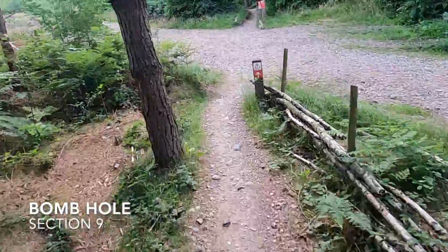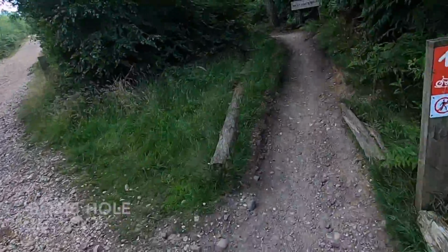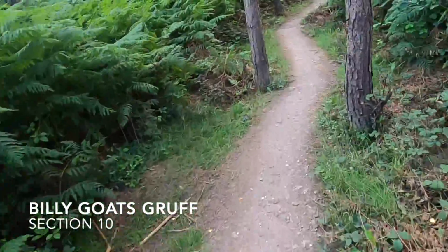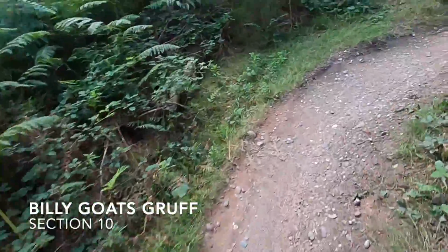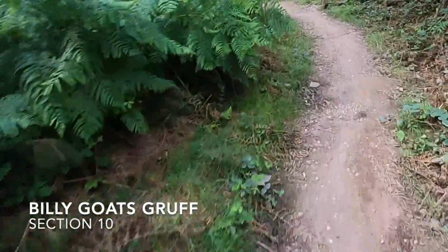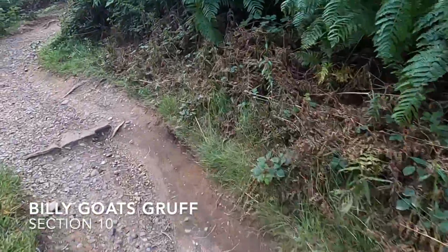Now I actually lost my chain there, so I had to cut that and started again at the Billy Goat's Gruff section 10, and here we're climbing again. You can generally tell when I'm climbing because my head's down a little bit further and the camera's not pointing quite so far forward, but this is just a bit of a climb section, and there's a few things here,